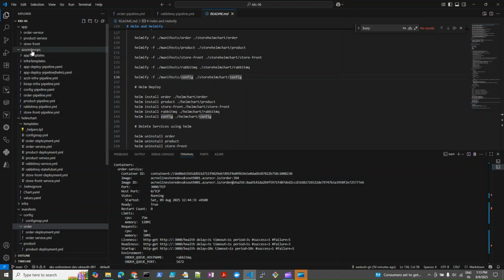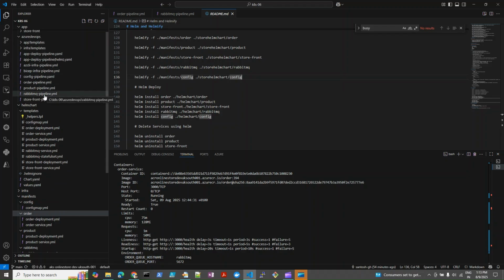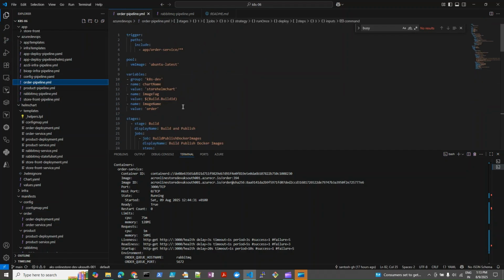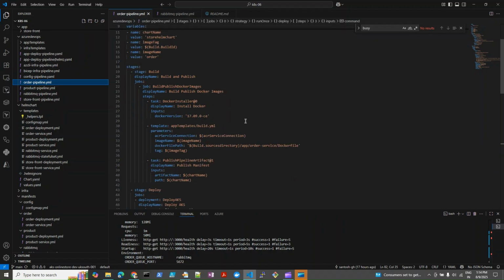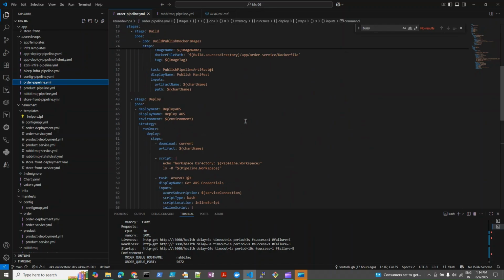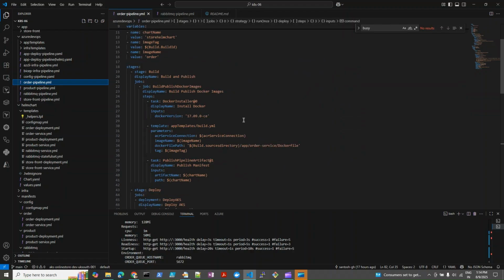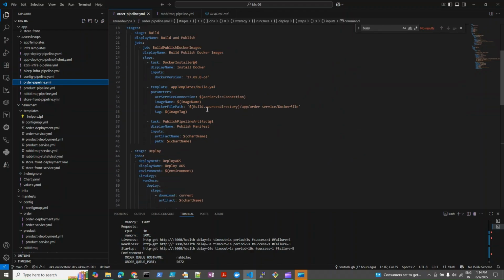Here, if you see under Azure DevOps, I have these YAML files. You can see I have an order YAML file that is called order pipeline YAML. So in this case, in the same YAML file, I mean the same pipeline, we will create the Docker image. You can see I'm building the Docker image and pushing it to the Azure Container Registry, and it will publish that